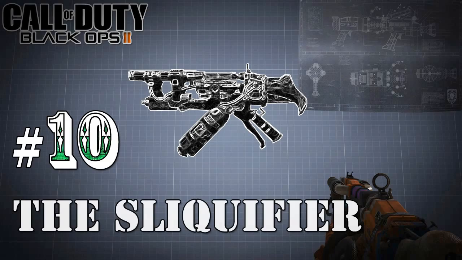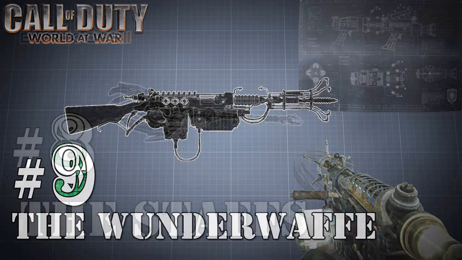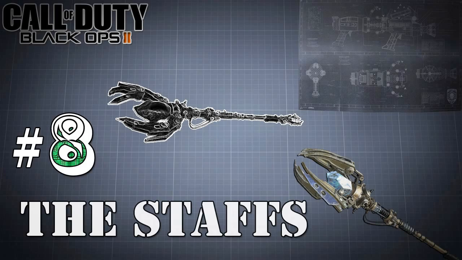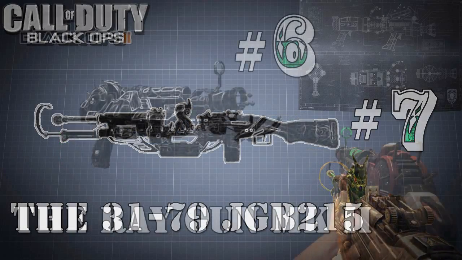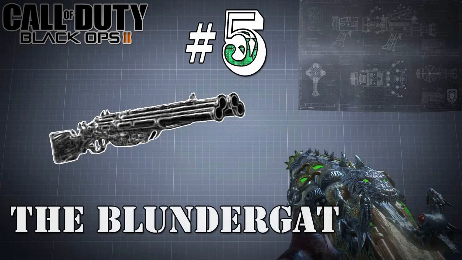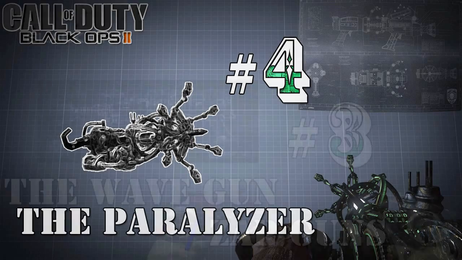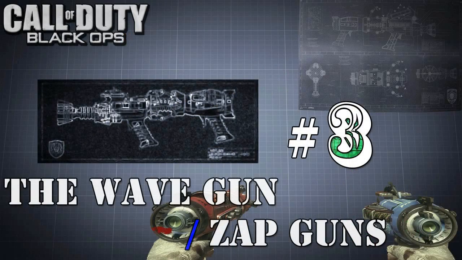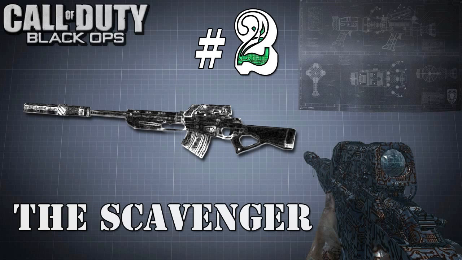10. The Sliquifier. 9. The Wunderwaffe. 8. The Elemental Staffs. 7. The Shrink Ray. 6. The Ray Gun Mark II. 5. The Blundergat. 4. The Paralyzer. 3. The Wave Gun and the Zap Guns. 2. The Scavenger. And our number 1 Call of Duty wonder weapon is